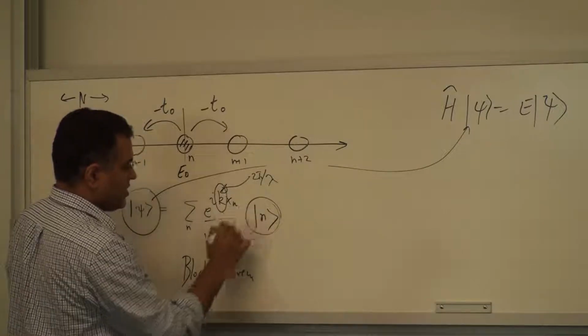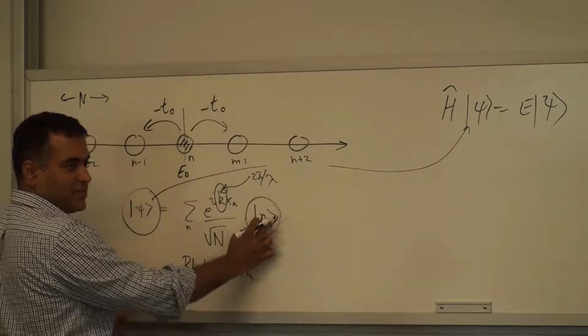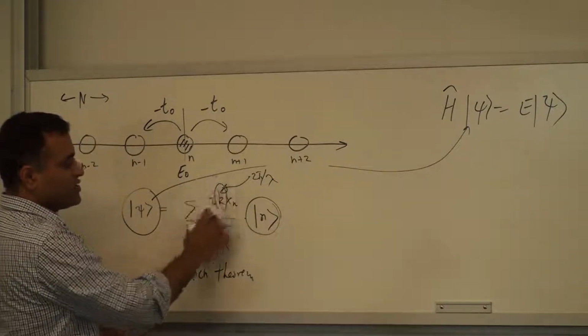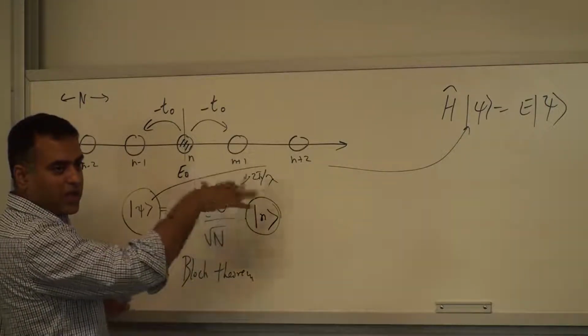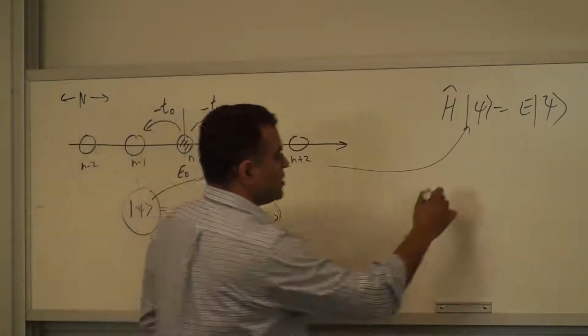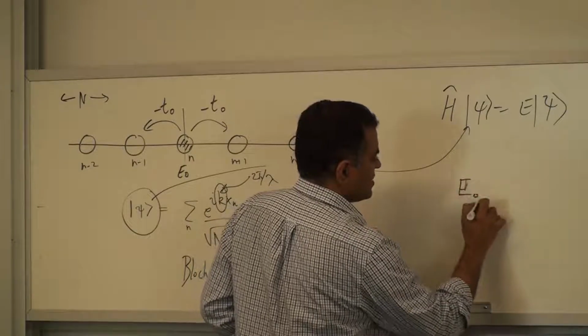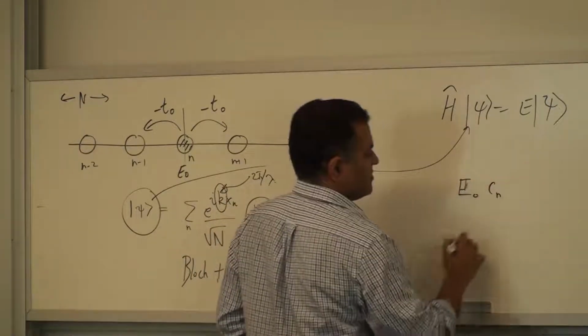So this is actually a periodic function because n is exactly equal to n plus 1. The states are the same, they're just sitting at different points. And this is your modulating function, e to the power i k x sort of thing, right? And when you plop it in here, what you really end up getting is this relation that E0 times Cn